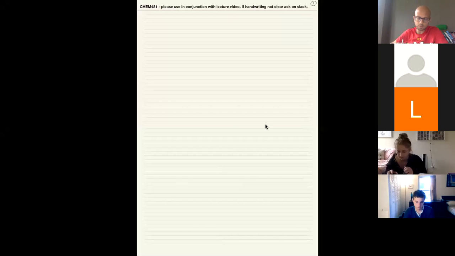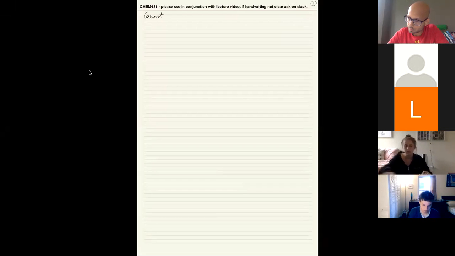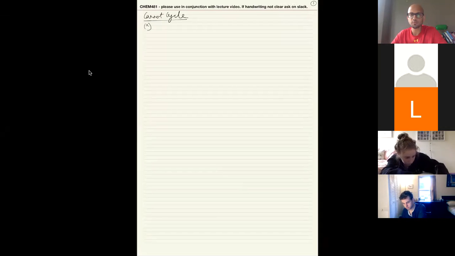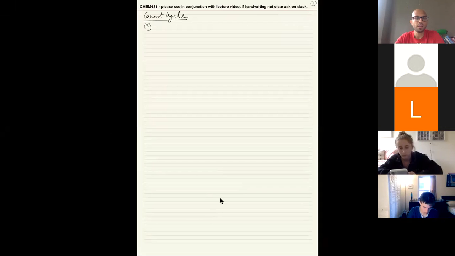So we are talking about the Carnot cycle, and the point here is to prove that entropy is a state function for any gas. And in order to do that, we had a three-step program. The first step was to prove it for a Carnot cycle for a perfect gas. Then the idea is to prove it for a Carnot cycle for any gas. And finally, the idea is to prove it for any cycle for any gas.